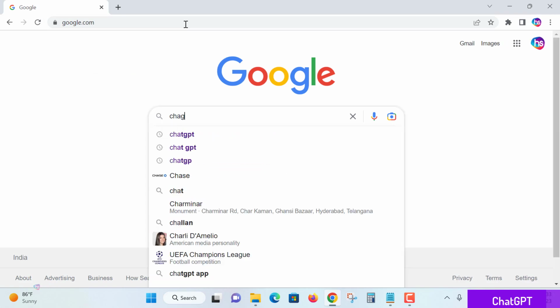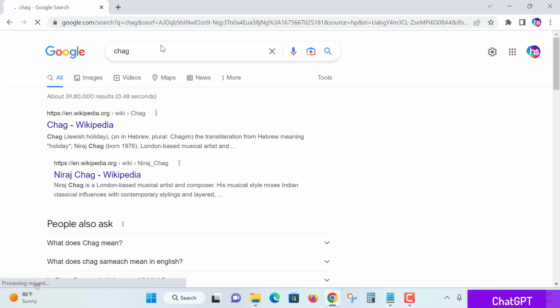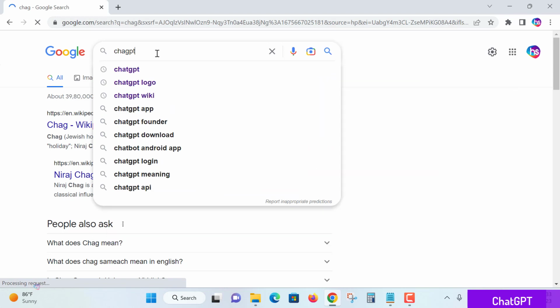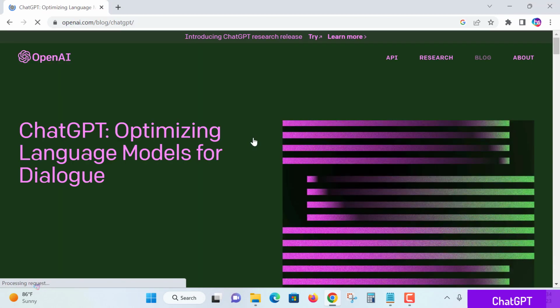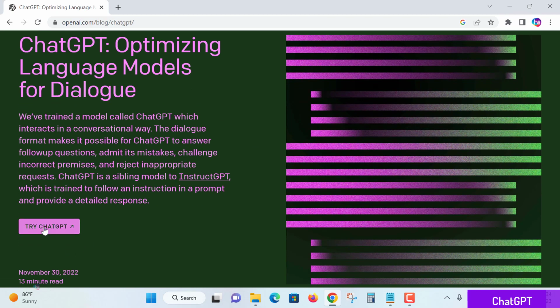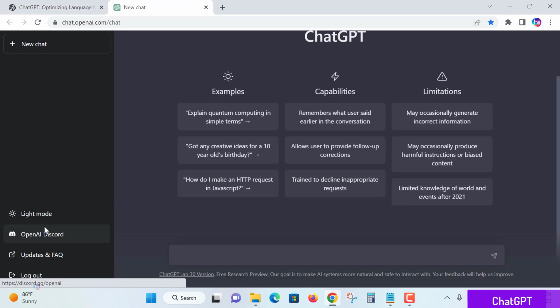Here, go for ChatGPT. ChatGPT is the first link. You have to go here, and it launched in November 2022. When you click the first link, if you are already registered, you will see this window, or else it will ask you to log in or sign up. Once you sign up, you will get this window readily to ask a question